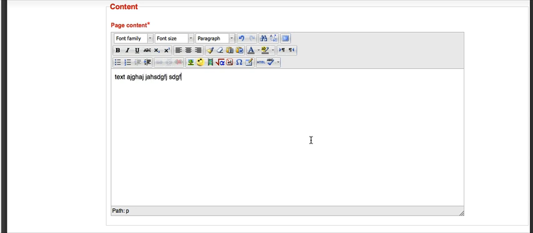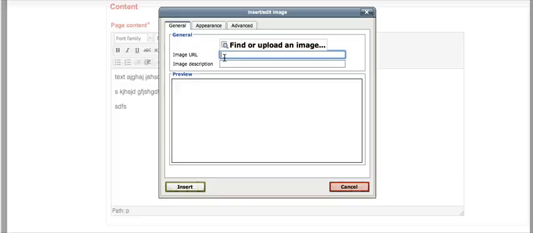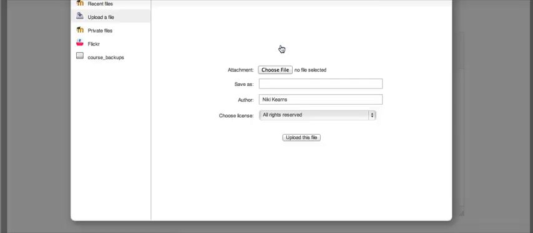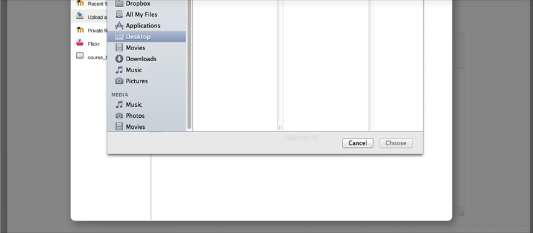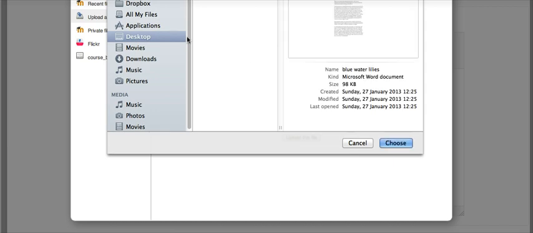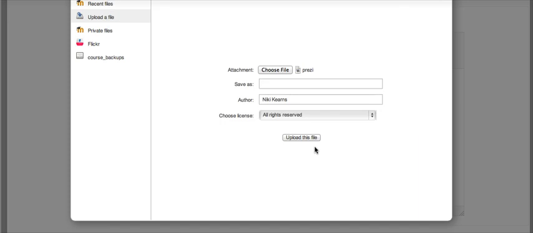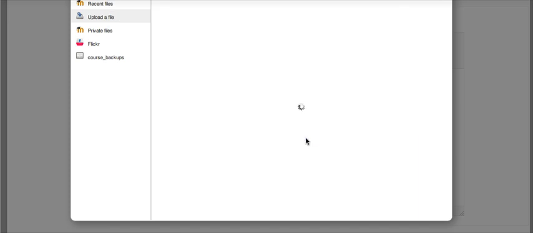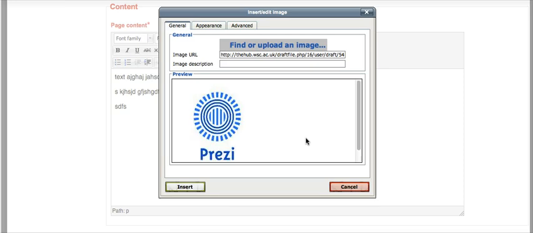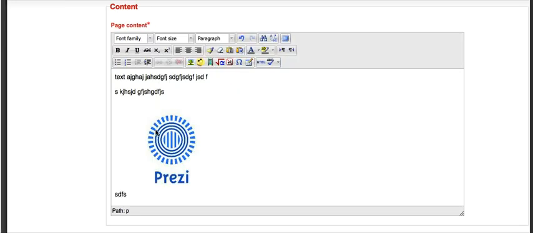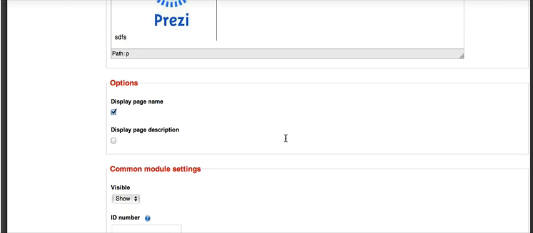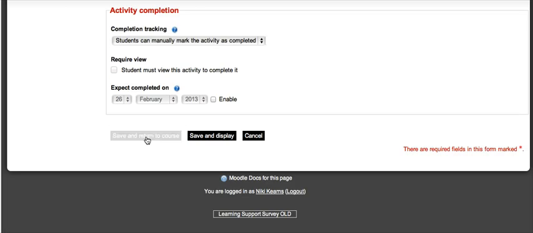So if we just pop in a little gobbledygook here, I'll just pop in an image. I'll go and find or upload an image from my files. I'll just pop in that picture there, upload the file. Again, the size of the image depends on how long it's going to take to do this. We'll do an insert and OK. There's that picture there. If I now just scroll right down to the bottom and save and return to my course page,